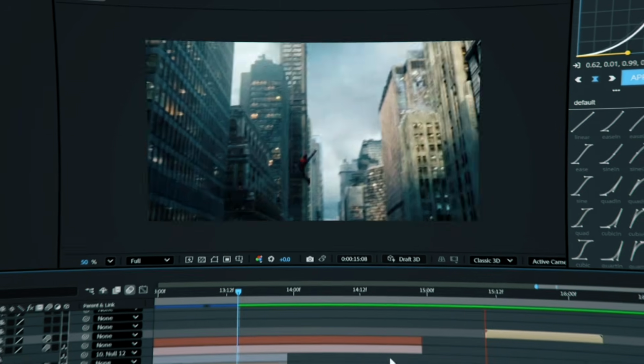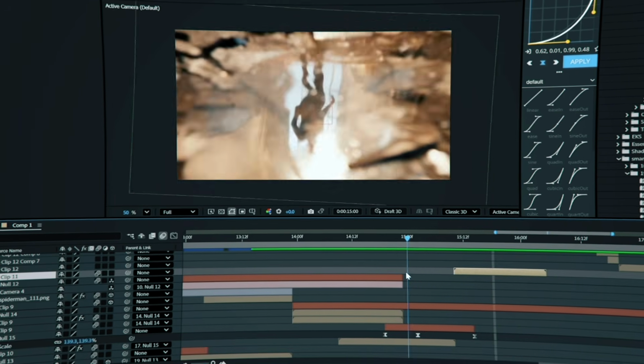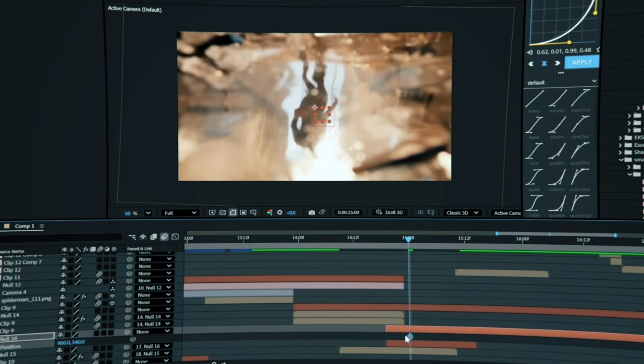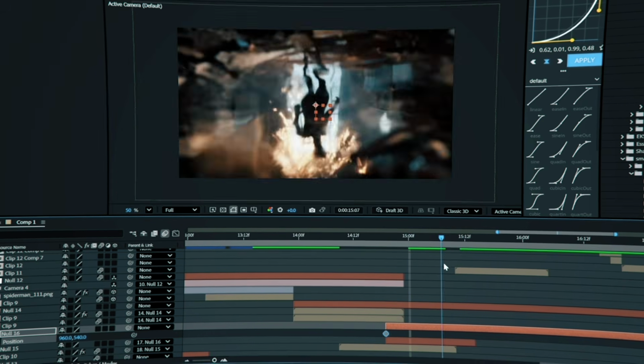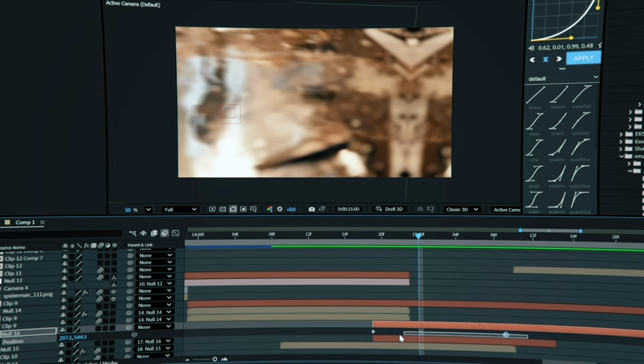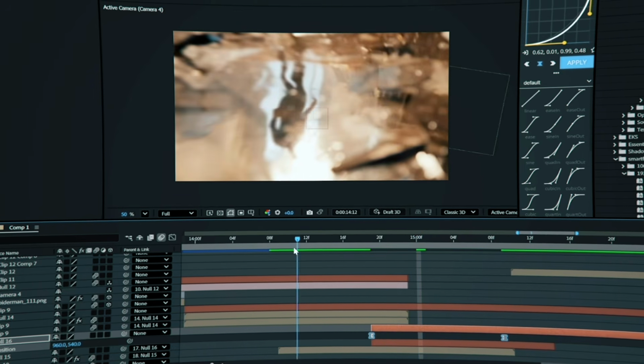Now we'll make a slight transition from this scene to the next one, moving to the right. For this, we create a new null object. Then we connect the null we used for the previous scene to this new null. Now this new null controls the whole scene. We add a position keyframe, move forward and pull the scene far to the left. Then we adjust the graph again from slow to fast.